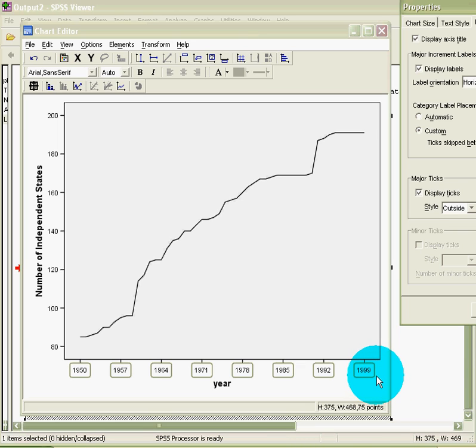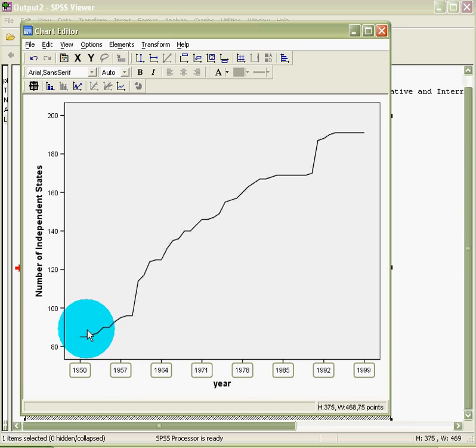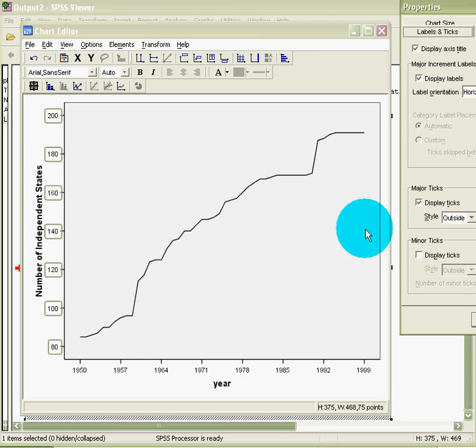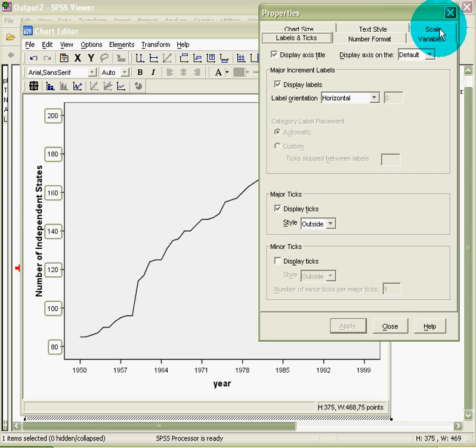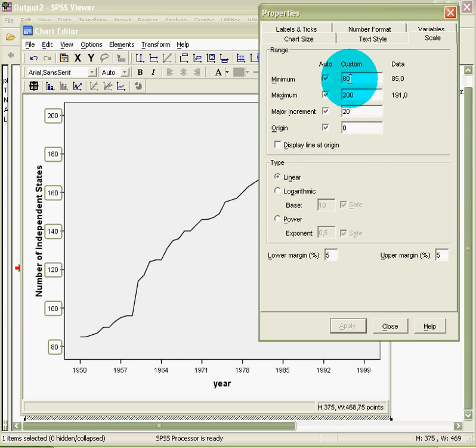If you look at the vertical axis, click it, because if you look in the book, it's from 0 to 200, and here it's from 80 to 200. So how to change this? Click on scale, 0 to 200, and our increment in the book is 40. So click on 40, apply,